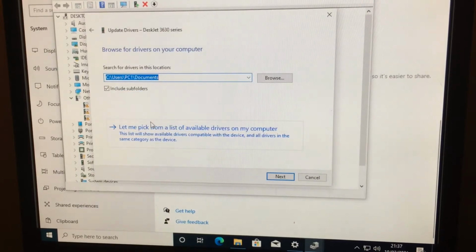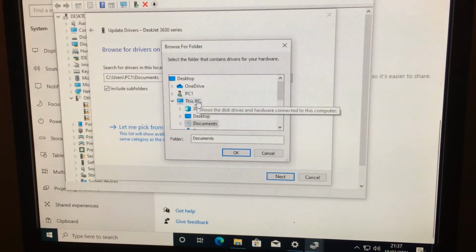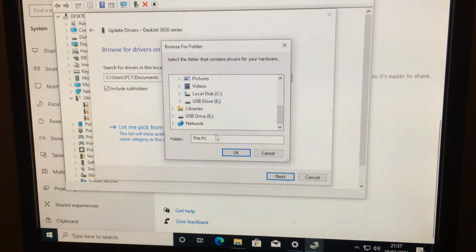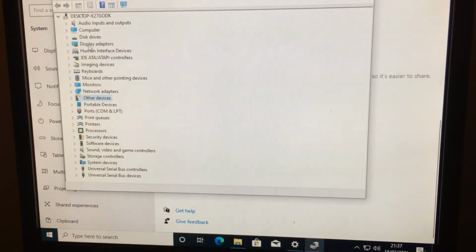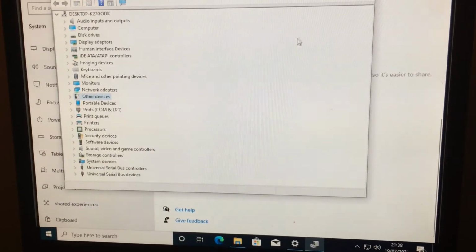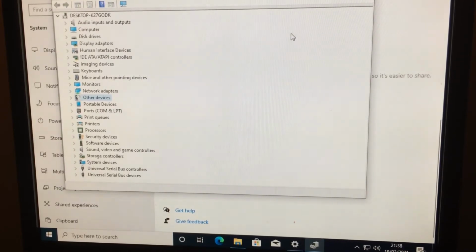Or you can click on this option if you have the disk or the USB that comes with the device driver for the device, whether it's a printer or camera or you name it. So you can just click on browse here, click on this PC and browse if it's in the C drive, E drive, or some form of external storage. So you can see the computer, the display adapters all here. It's just a right click here on update the drivers. Most of the time with Windows 10 you don't have to bother yourself looking for drivers, compared to the days of Windows XP. Even Windows 7 was not bad. But when we started having Windows Vista, Windows 8, 8.1, and finally Windows 10, it's a bit easier to administer